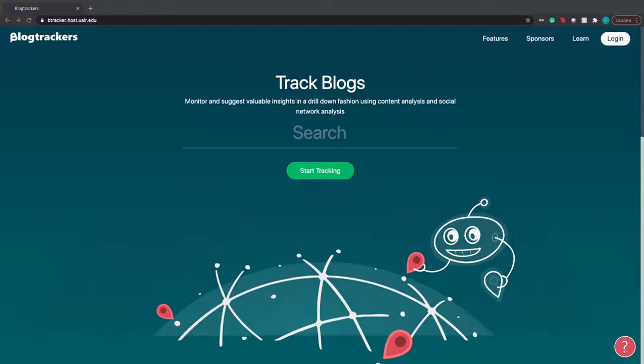So we crawl data from blogs or articles, and we put that into our application, and our application is used to provide useful insights